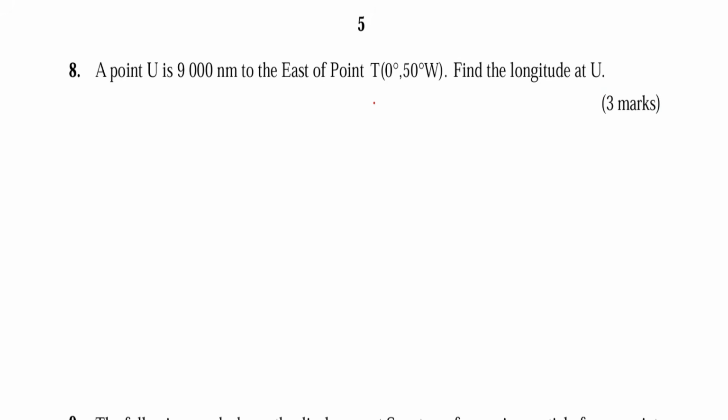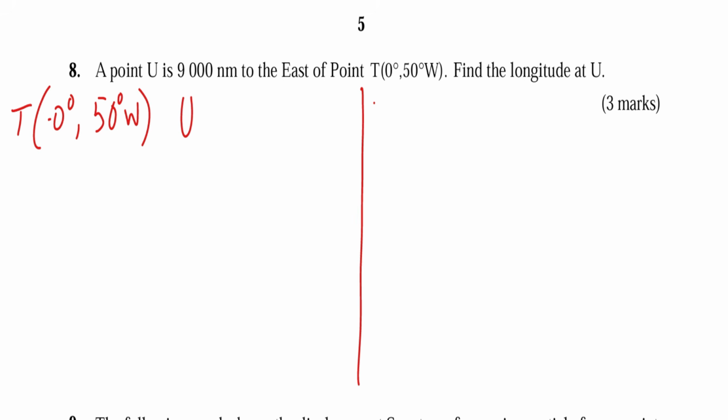Question 8. Point U is 9,000 nautical miles to the east of point T, which is 0 degrees and 50 degrees west. So find the longitude at U. So point T ni hapa. So tumeambia 0 degrees, 50 degrees west. Na U, which is east,